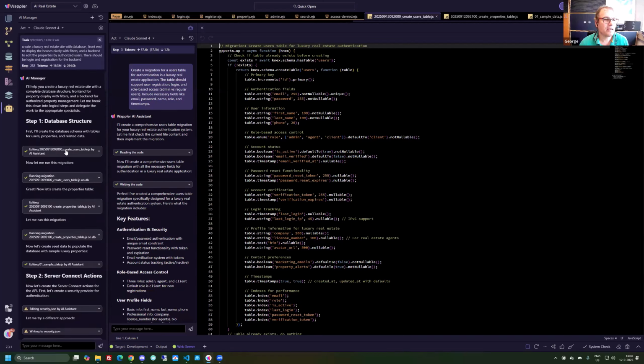So when he started creating the users table, for example, he actually didn't create it fully himself, but he opened an editor and gave this editor the assignment to create the table according to the specification that he already thought would be necessary. So actually, this question here wasn't typed by me, but it was given by the AI manager, who is coordinating the things on a high level and gives orders to the page editors. So he gave an order to create this table,